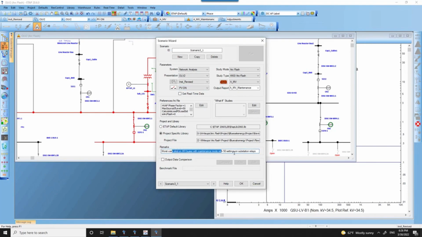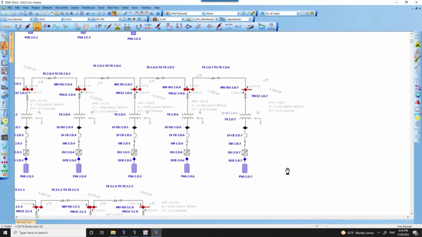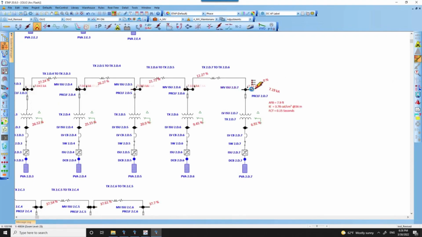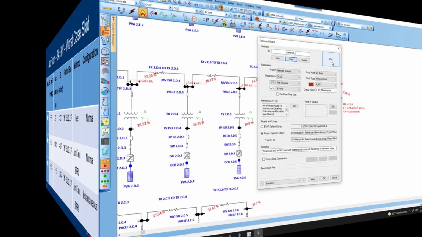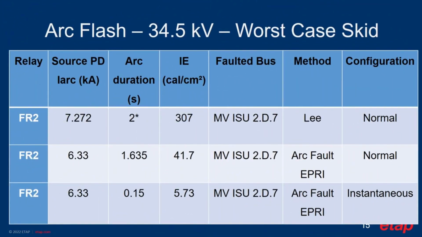And we had our remarks on our wizard that we could use the maintenance mode as a maintenance mode setting, which is none other than the instantaneous enabled, where we were able to bring it down to 5.725 calories per centimeter square, which turned out to be the same location that was very high in terms of the final incident energy calculation. So the overall summary was tabulated in these results for illustration, where we did have the Lee method,